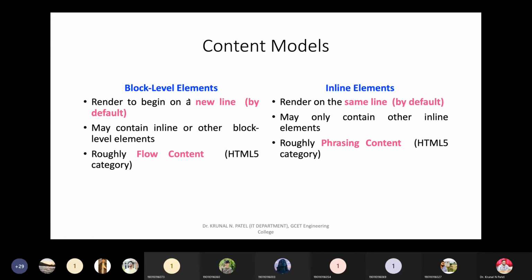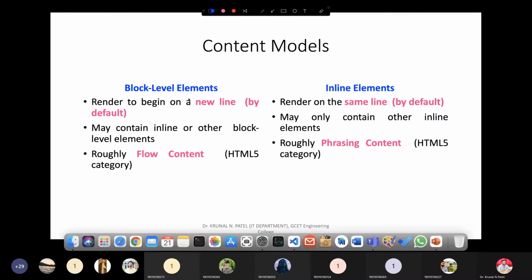right? Suppose, for example, I take a division tag, right? If I write division, then I can write something over here, any element like a paragraph tag or whatever you can write, and slash division, right?